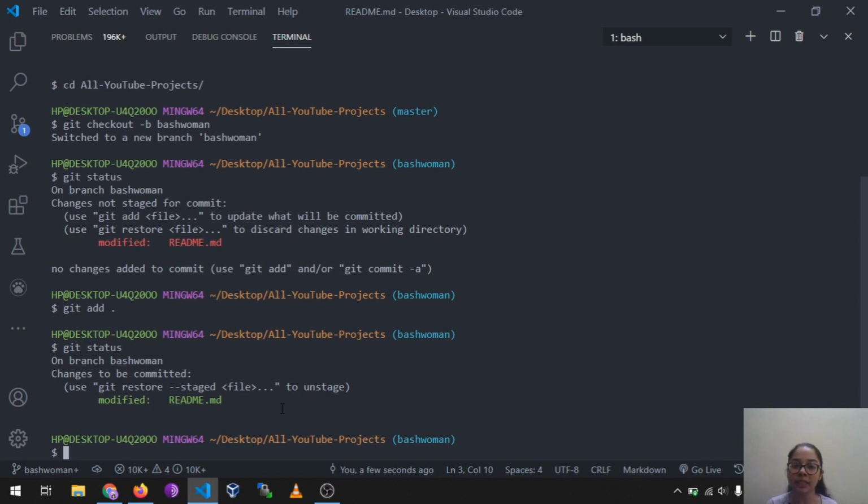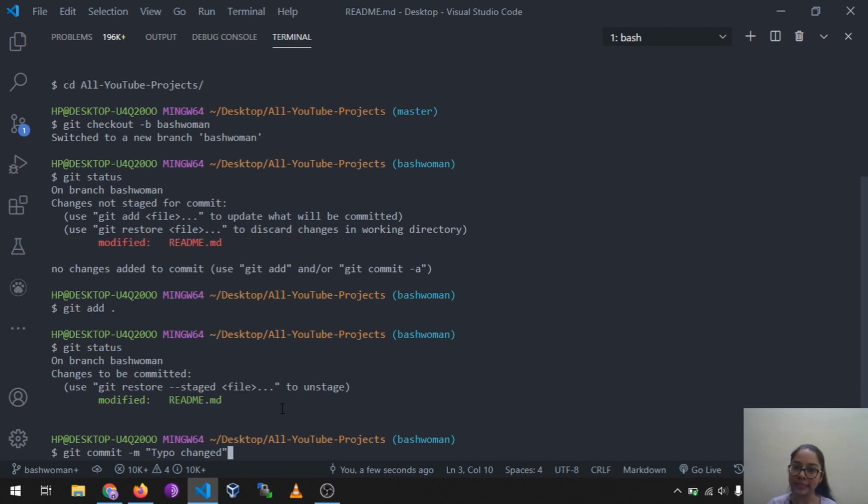So the next thing we need to do is git commit -m. The git commit command will tell Git to save those changes, and the -m option is used to add a comment describing the change. Obviously the other person needs to know what you changed.